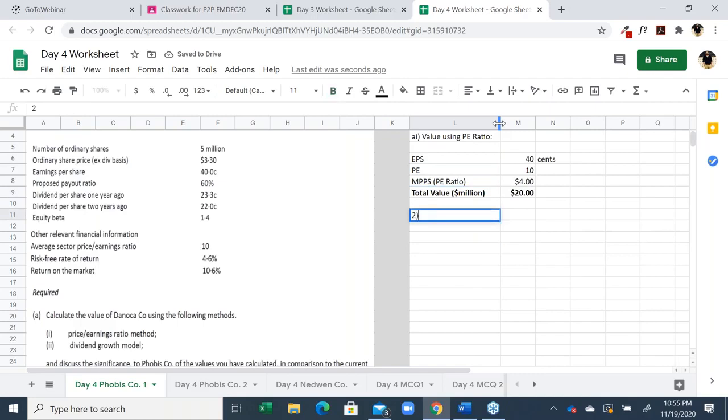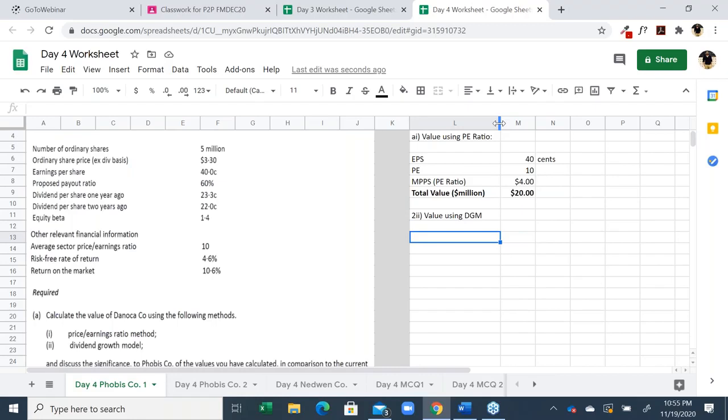Now we have another way of calculating the value, that is using growth model, dividend growth model. Dividend growth model can be used for calculating both cost of equity and price of the company. A slight adjustment is required. The original formula for cost of equity using the DGM model was D naught into 1 plus G divided by ex-div price, and then we should add the growth. So if we reverse this formula,